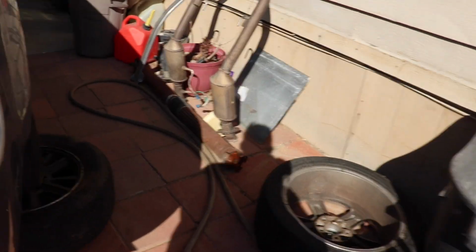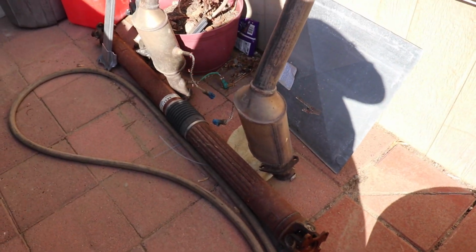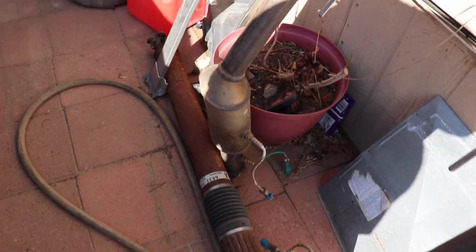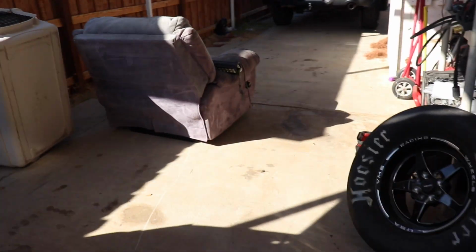But here are some of the parts for it. Here we have the drive shaft that we took out of it, the stock cats to the Y pipe for the exhaust to connect to the mufflers. And then,